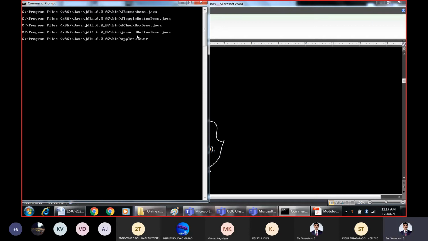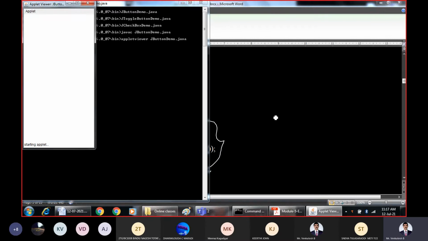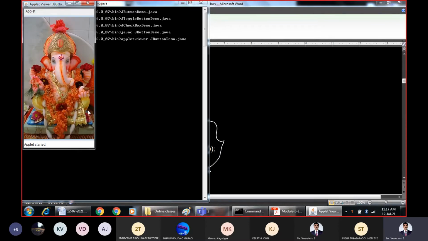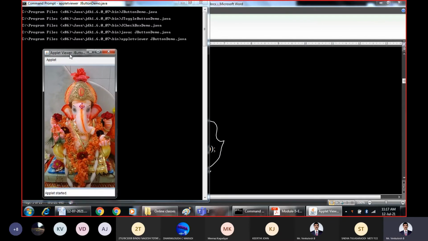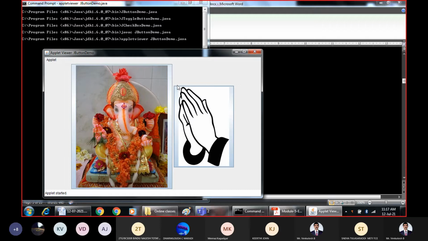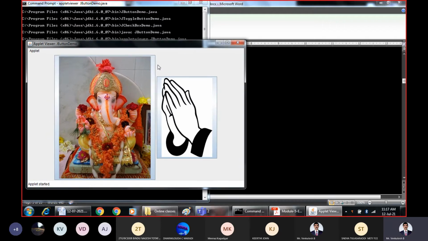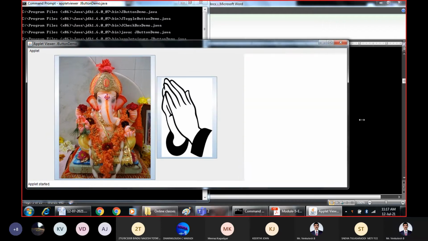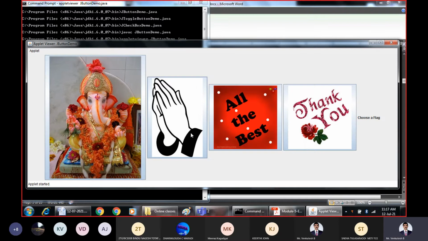Which applet are we trying to execute? We are trying to execute JButtonDemo.java. Here I have taken different images, other than France. The space is not sufficient here, so I'm just enlarging this.